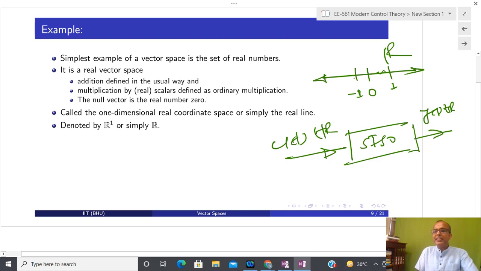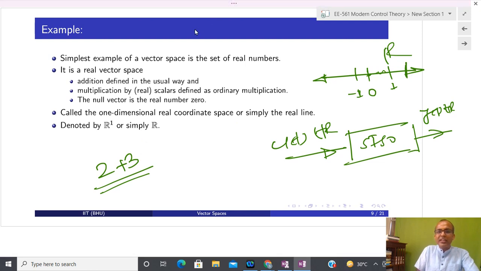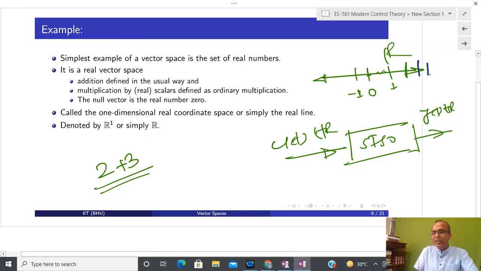How do we define addition and multiplication? Whenever I write 2 plus 3, what does it mean? You start with the origin and take 2 increments. After 2 increments I am here, and my reference frame is now shifted to here. From that reference frame you take 3 more increments, and then you are here. Now you can count the increments from the origin to here. In this way the machine will work, and it will give that I have taken 5 increments. In this way we have defined the addition.